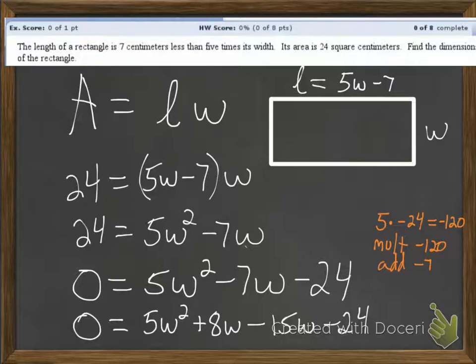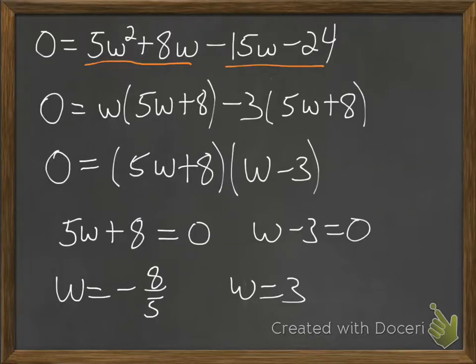Now if you had the problem completely worked out past this step, keep going along. If not, you can pause and try to work it out from here, and then we'll pick up in just a moment. Okay, so now what I've done is I've continued working the problem out. If you need to, you might want to pause just to catch up if you found yourself making a mistake. You should have it factored now as 5w plus 8 times w minus 3,